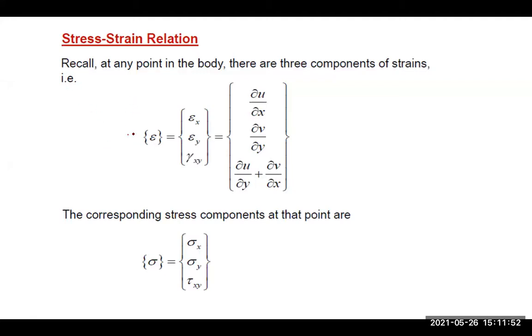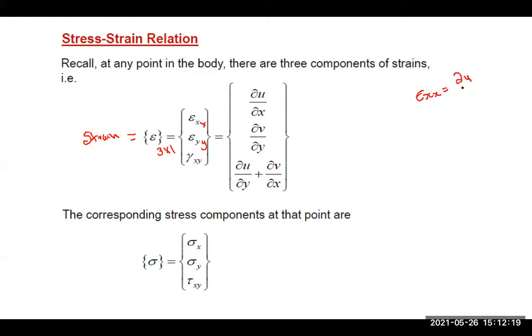I said that the strain matrix would always be a column matrix, and it must have 3 rows and 1 column. So in a two-dimensional member, I have epsilon xx, epsilon yy, and gamma xy. Here, epsilon xx is called the strain in the x direction, and it will be